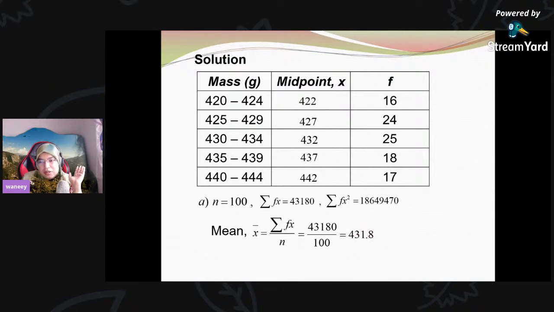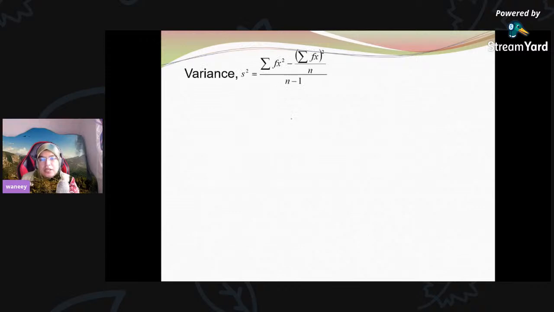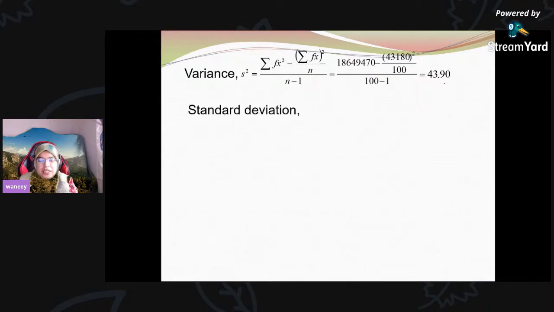So now we got to calculate what is the variance and standard deviation. Variance, the summation for fx squared minus summation for fx squared over n, over n minus 1. Okay, substitute the value in. And this is 43.90. The standard deviation is actually the square root of your variance. So this one is